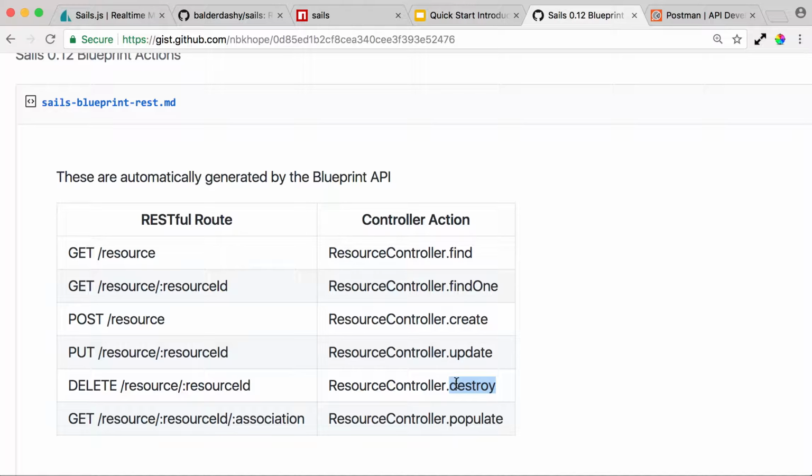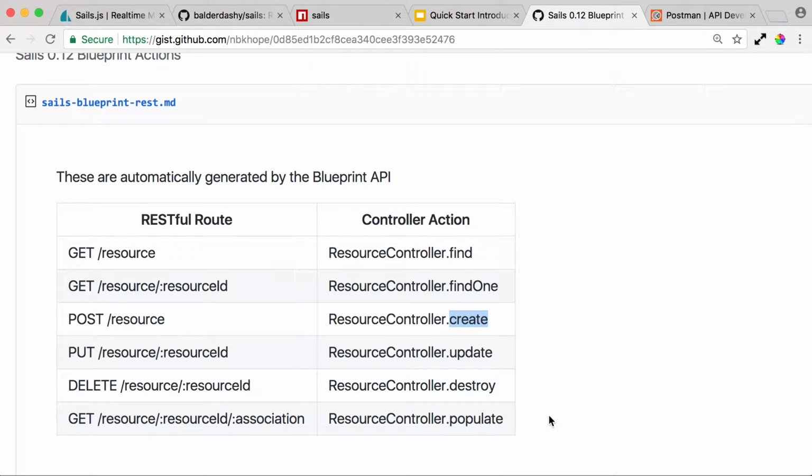If you want to override them and customize them, you can always do so. Just define these actions in the controller file. For example, just a brief example, if you would like to change the behavior of the controller action, so if you did a post/resource and it's going to go to the controller's create, but you don't want it to go through